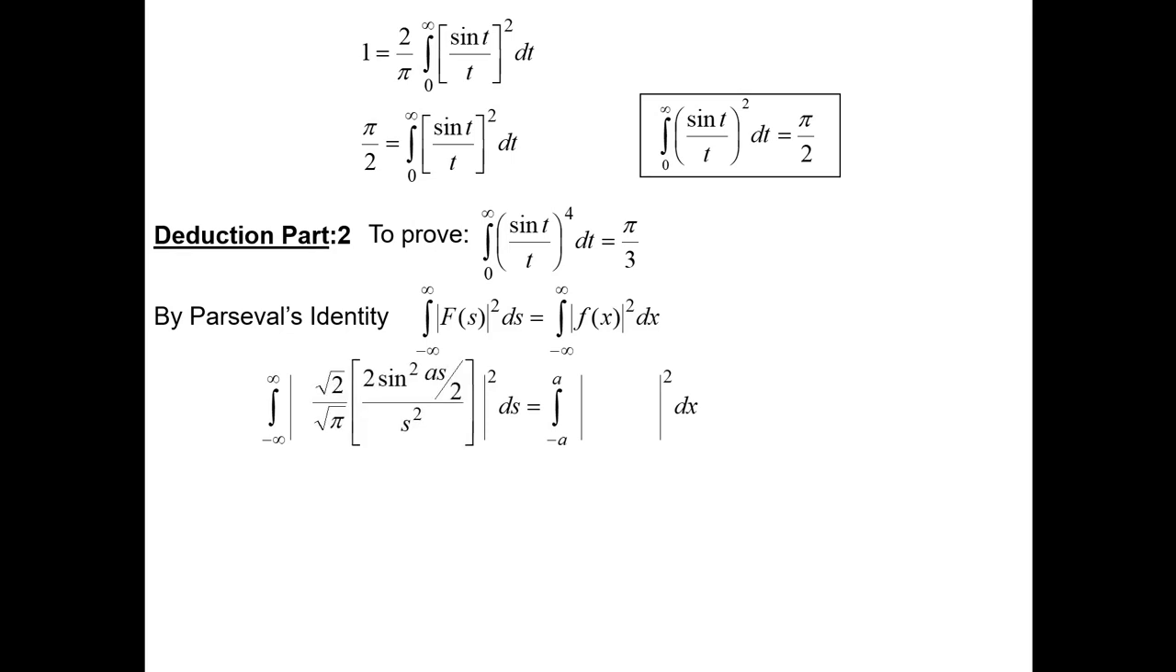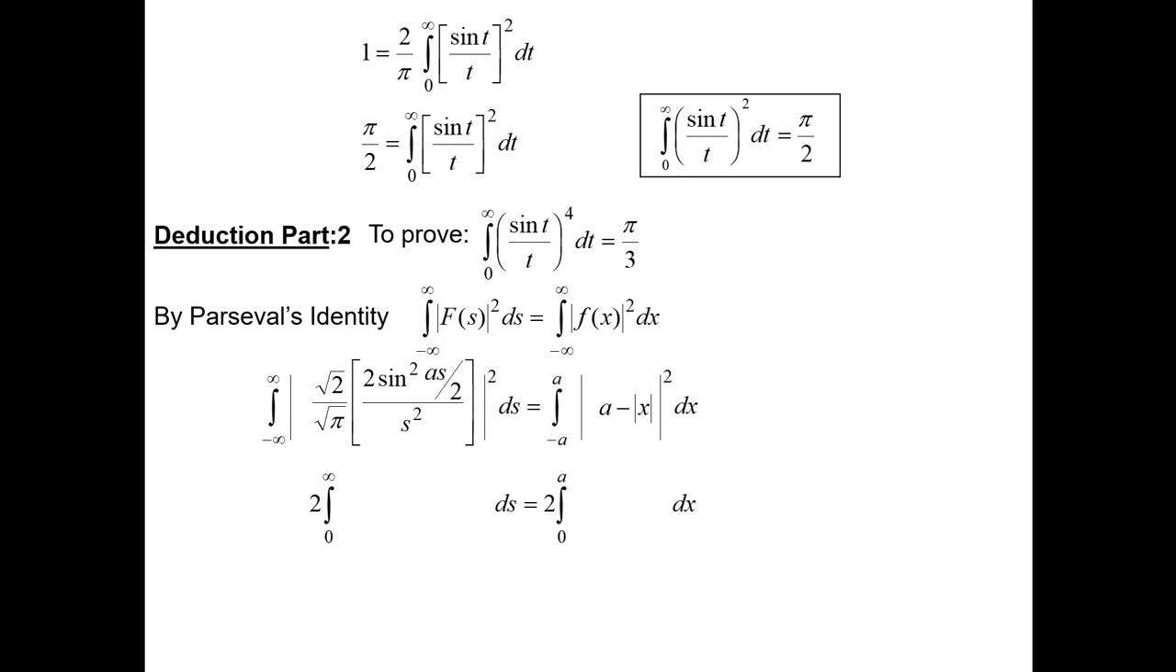It is already calculated: it is square root of 2 divided by square root of pi into 2 sine square as by 2 divided by s square. And the right hand side term f of x is nothing but our given function in our problem. It is a minus modulus of x. So here taking the square, and before that the modulus of the whole square,